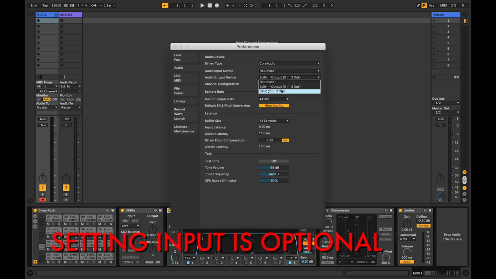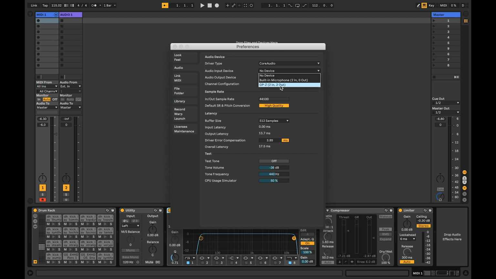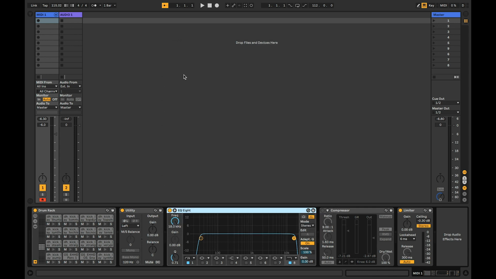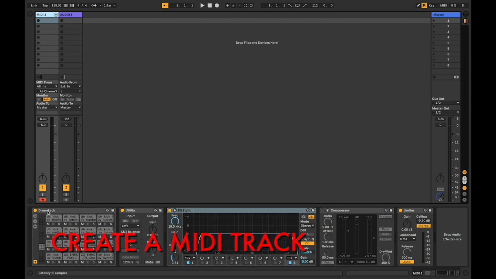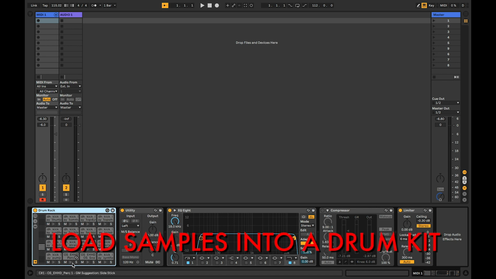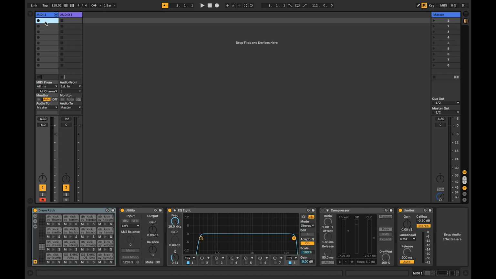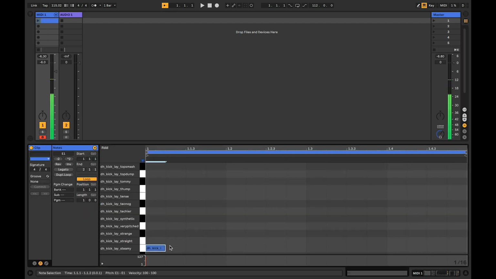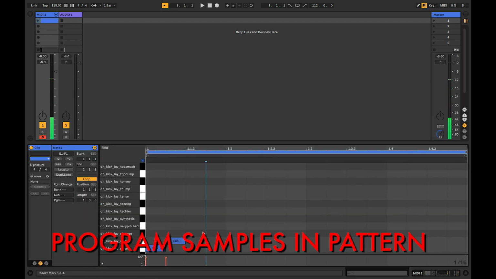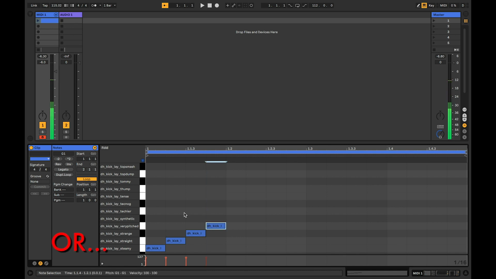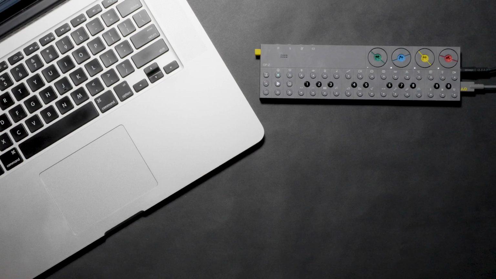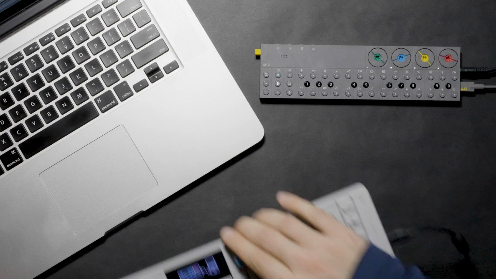We can now set up the OPZ as an external instrument, routing MIDI to and from it as well as audio. But in this example, all we really want is to sample some drums and record them on the OPZ for use there. Let's start by creating a MIDI track and load it with a drum kit. Now load the drum kit with whatever samples you want. Now you can either program a pattern in the DAW to replay the samples one by one in order to record them into the OPZ, or we could just simply play the drum hits one by one using a MIDI